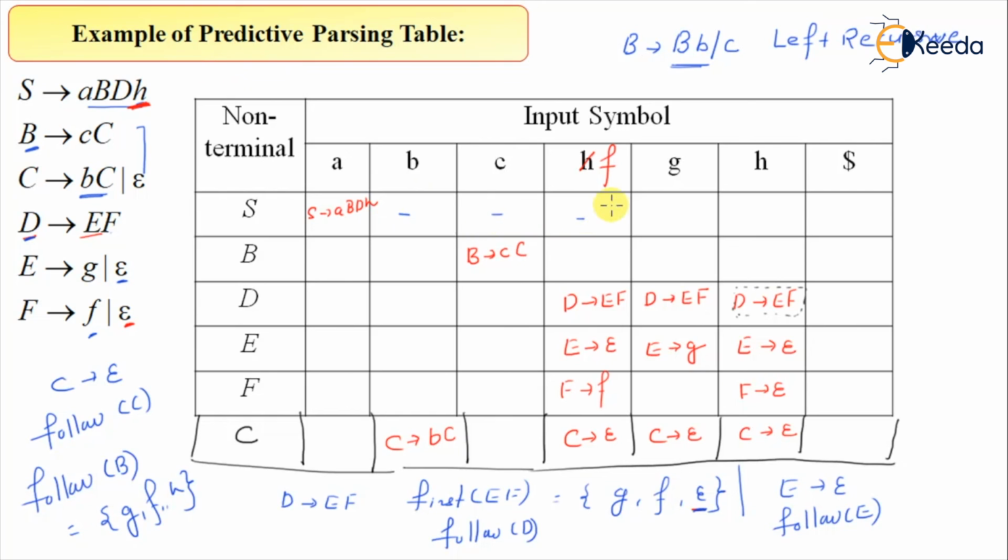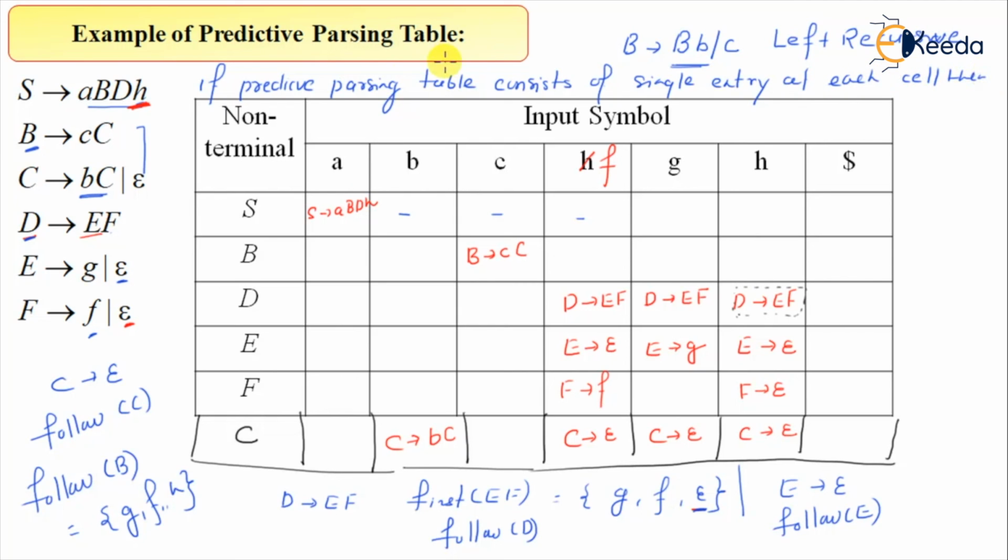So the statement is, if the predictive parsing table consists of a single entry, sometimes called a unique single entry at each cell,